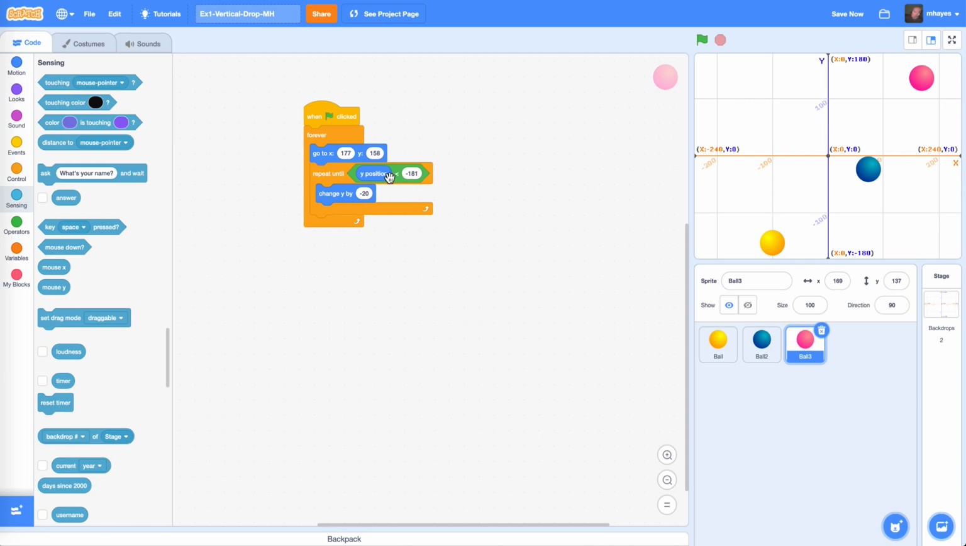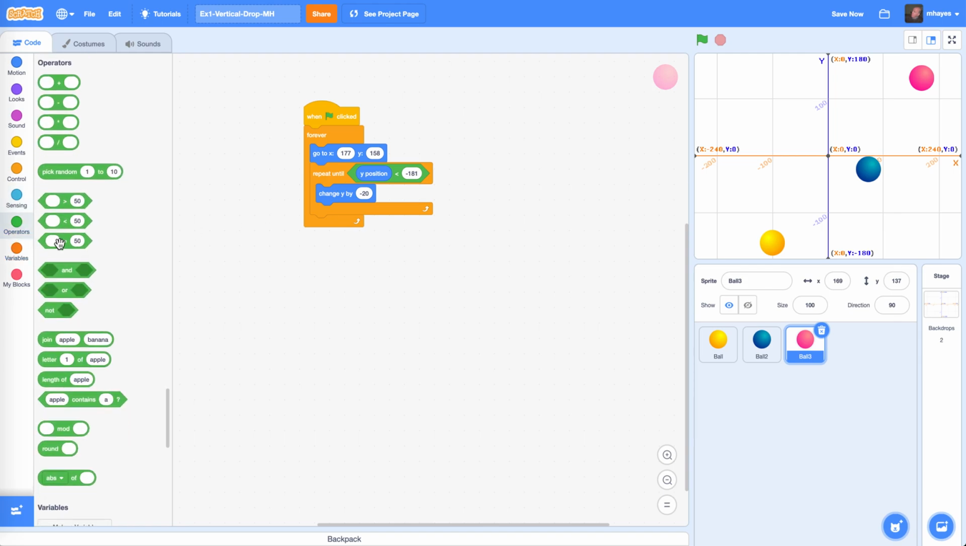I don't like negative tests. While it's less than, I think it's better to test if it's greater than, but can we do that? Let's try it. There are three relational operators here. You can test if something's greater than, less than, or equal. Let's try this one, as long as the y position is,